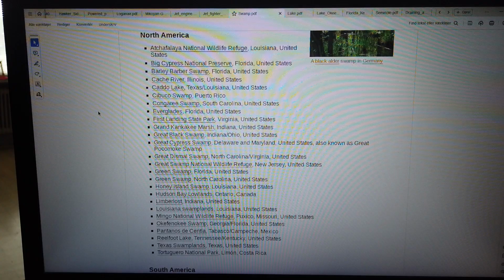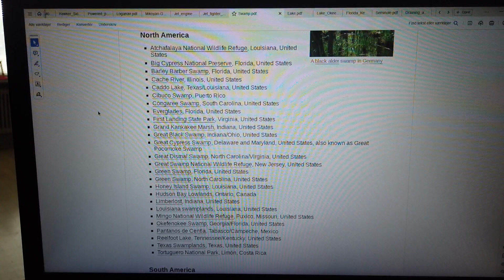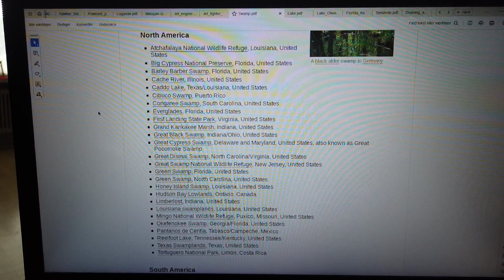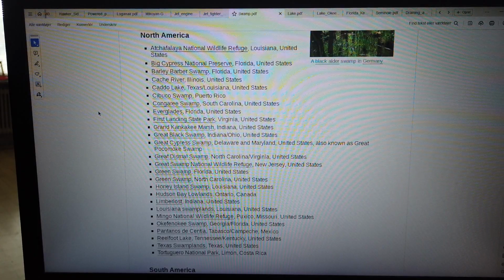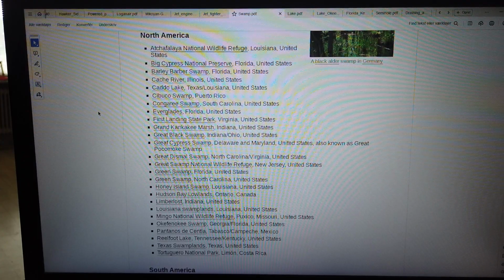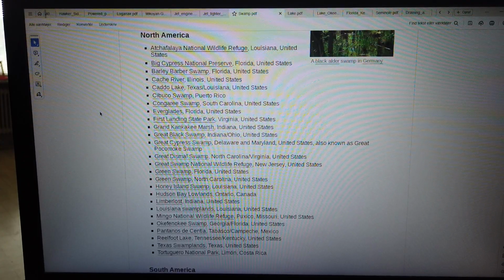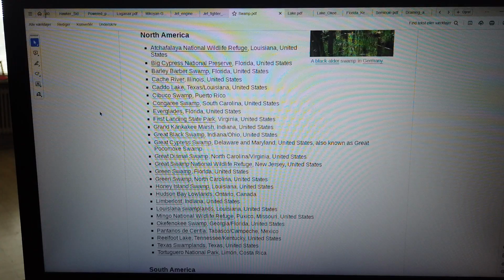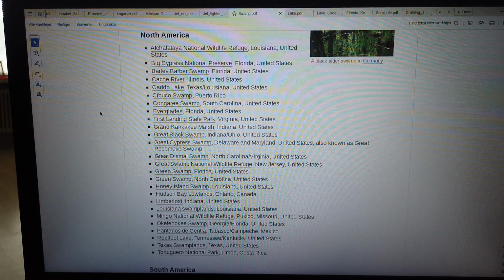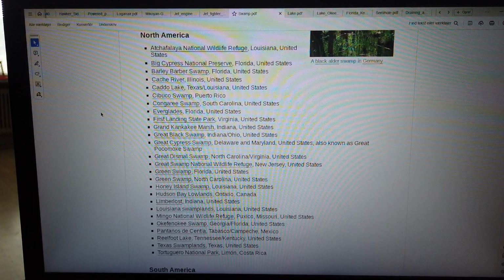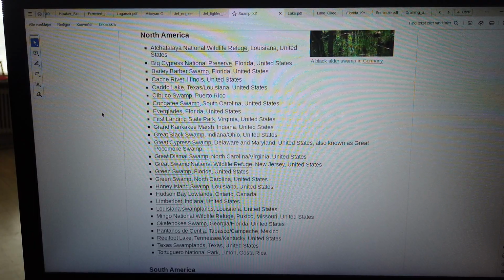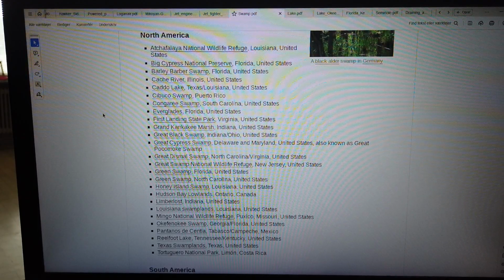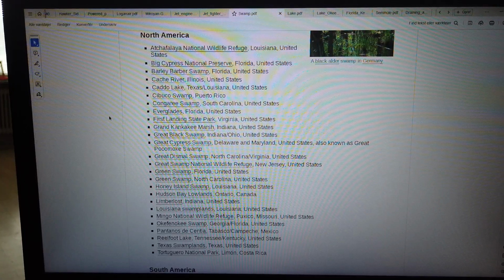First Landing State Park, Virginia, United States. Grand Kankakee Marsh, Indiana, United States. Great Black Swamp, Indiana / Ohio, United States. Great Cypress Swamp, Delaware and Maryland, United States, also known as Great Pocomoke Swamp. Great Dismal Swamp, North Carolina / Virginia, United States. Great Swamp National Wildlife Refuge, New